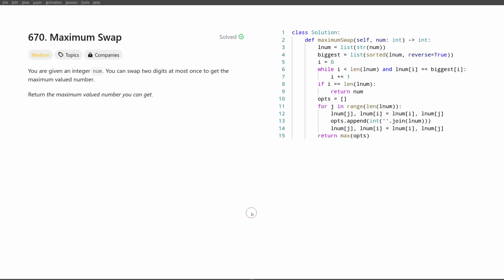Hello everyone. Today we'll talk about the solution to the problem maximum swap. In problems like this, where you can swap around digits within a number to create the biggest or the smallest number possible, the main idea is that this is essentially a lexicographical ordering, and in lexicographical orderings, typically the solution is greedy, because when you have some number of digits creating a number, then what you want to do above